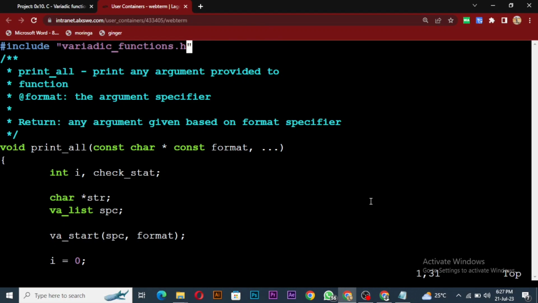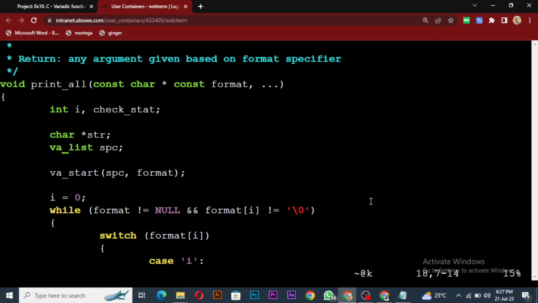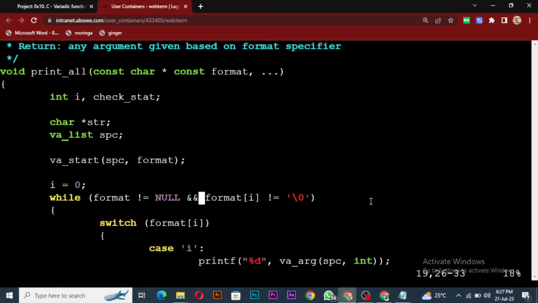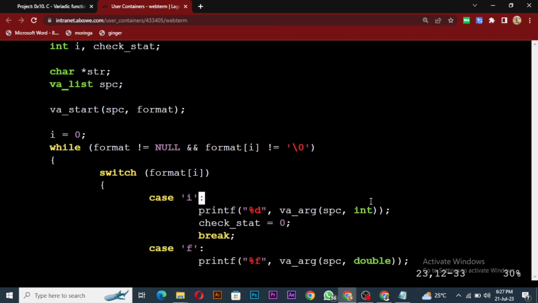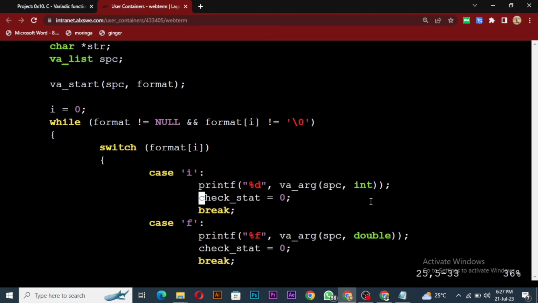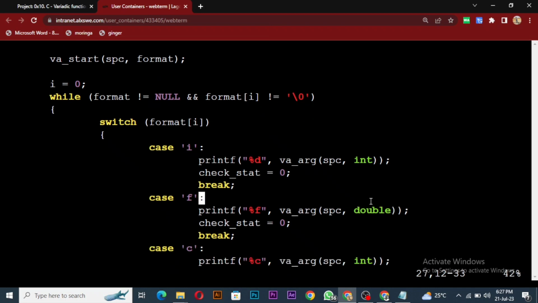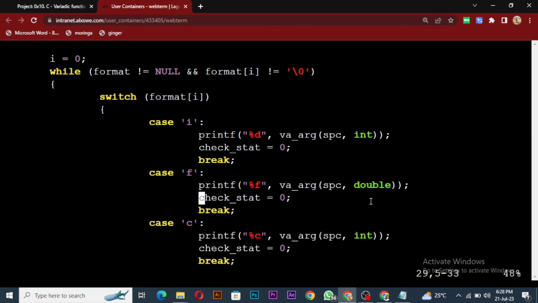So we said this guy format, yes, int i, check start, va list spc, va start spc format, i equals 0, while format is not equal to null, and format i is not equal to this, and then this guy switch i, %d, va arg spc int, check start 0, break, case f, printf, %f, spc double, 0, break, case c, %c,